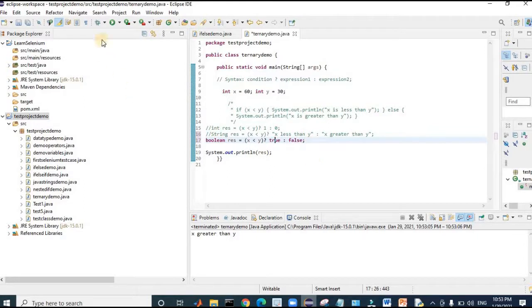Let us see how this works. I am running this code now. You see that false is printed because x less than y is false. As 60 is greater than 30, but here we are evaluating x less than y, which is false. So it is picking expression 2, which is false, and displaying it at the output.